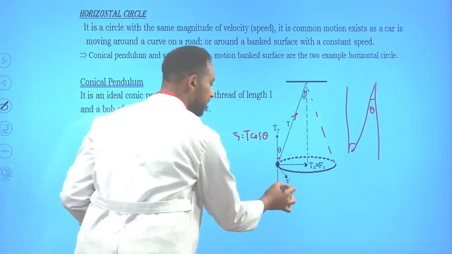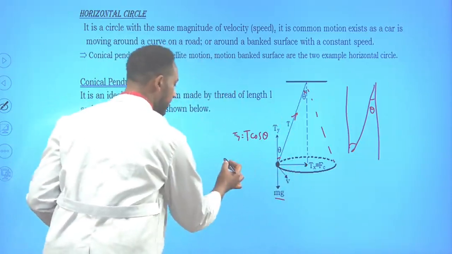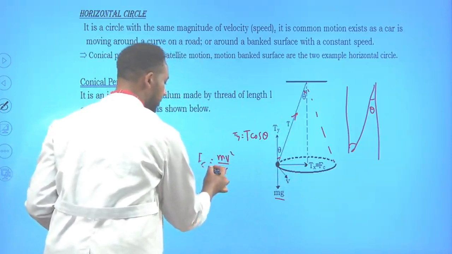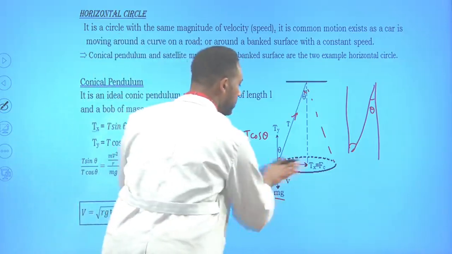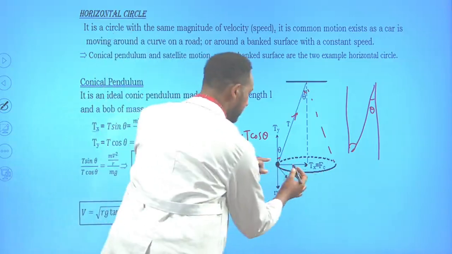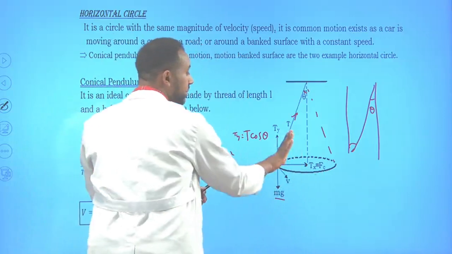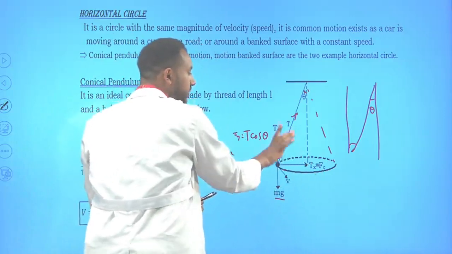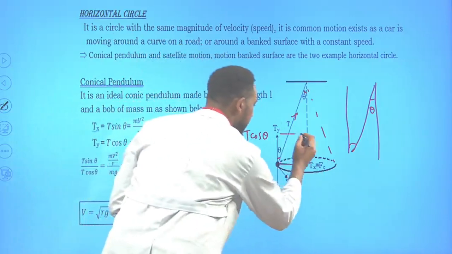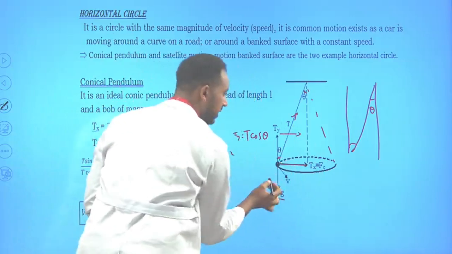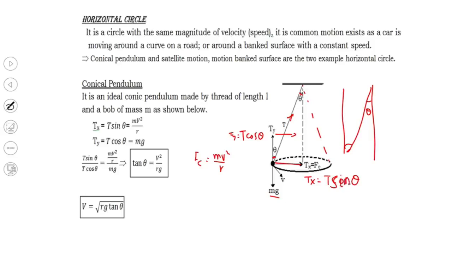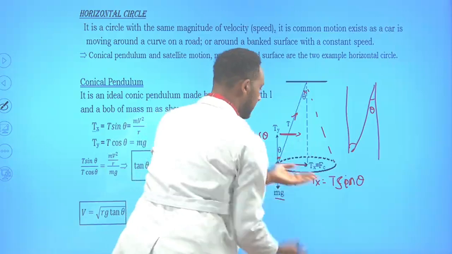And the object has a tangential velocity. Due to that tangential velocity, mv squared over r gives a centripetal force. The force which tends to act towards the center is known as the centripetal force. Previously we said that the centripetal force appears due to the horizontal component of the tension. The horizontal component of the tension, which is this one, is opposite to this angle, so Tx is given by T sine theta. The opposite of this angle is sine. T sine theta